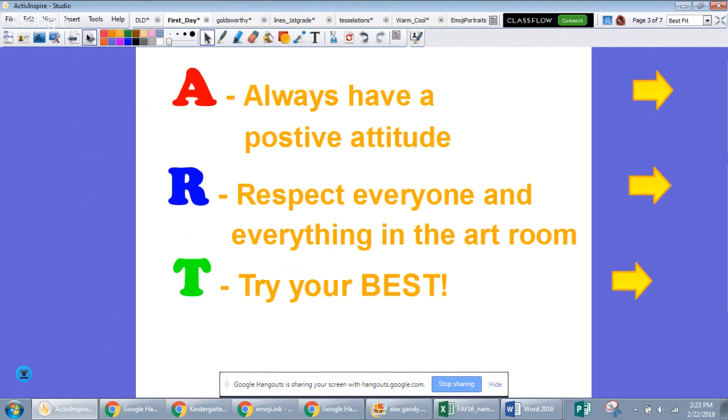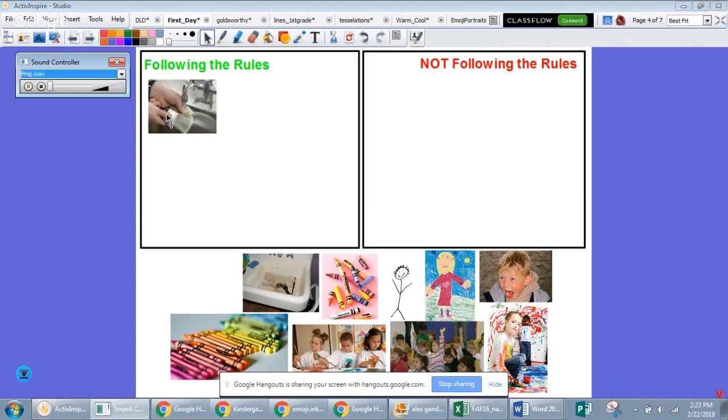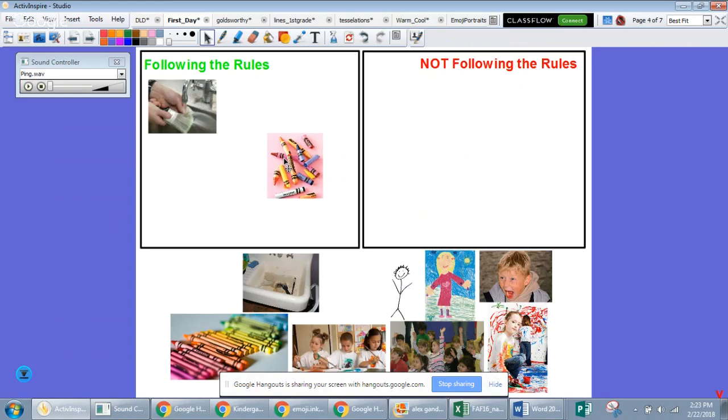The next page, I've got a game that they play about the rules, since going over the rules of the board is part of the first day of art. This is a game that makes it a little bit more exciting. We've got a box here for following the rules, not following the rules, and then 10 pictures. If something is in the following the rules category, you drag it up here and you can play a sound that you're correct. If you put something that's not following the rules in there, there's no sound,